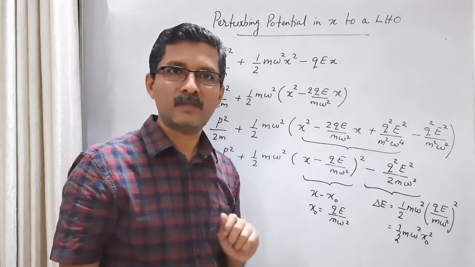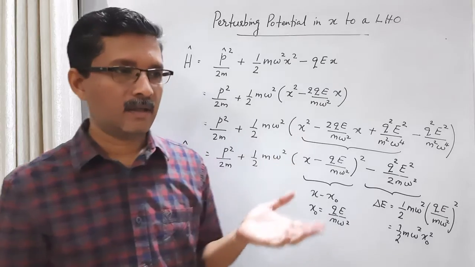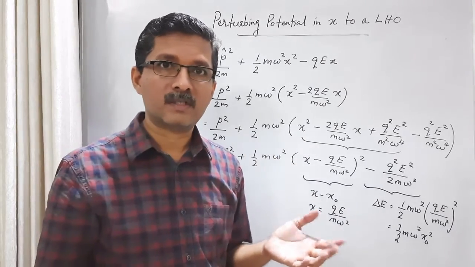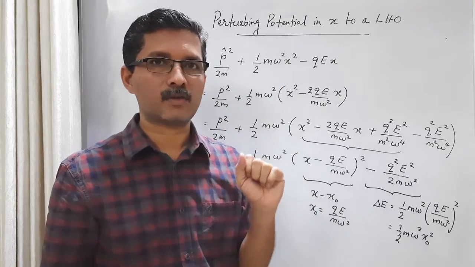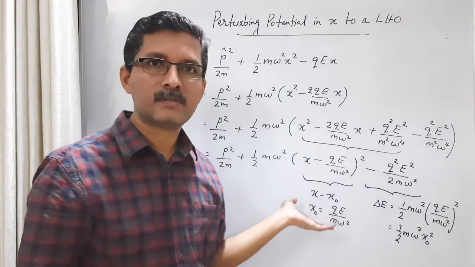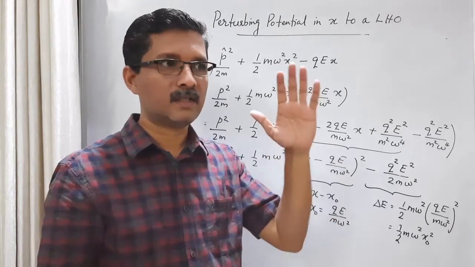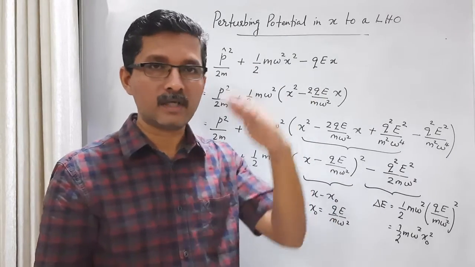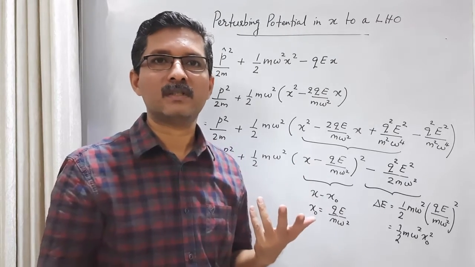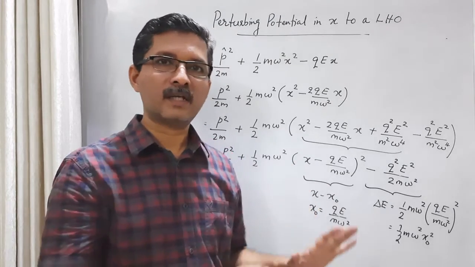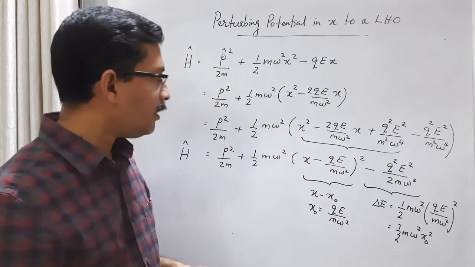What is the separation between adjacent levels? The separation between adjacent levels in an unperturbed harmonic oscillator is h cross omega. They are equally spaced with separation h cross omega. It is the same for this perturbed oscillator also. Only thing is that all the energy levels are decreased by a constant amount. So the separation between adjacent levels remains the same. So it's an exactly solvable problem.